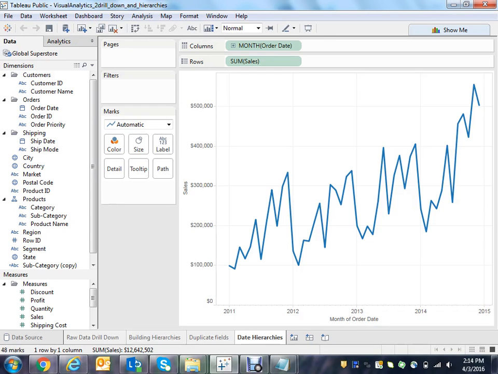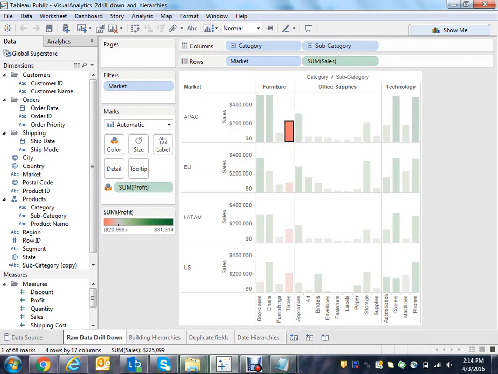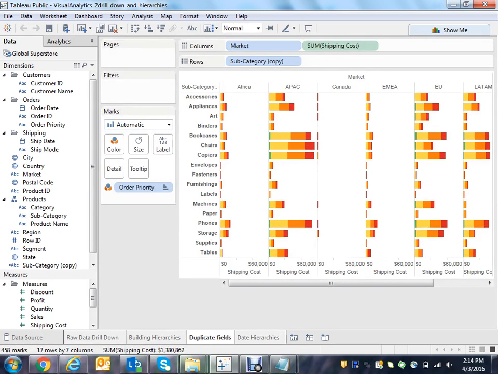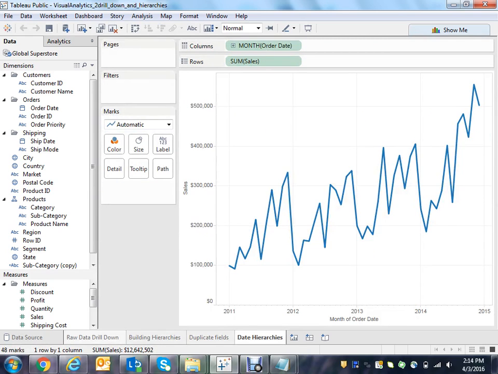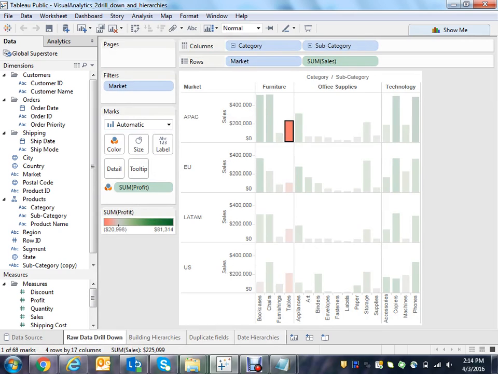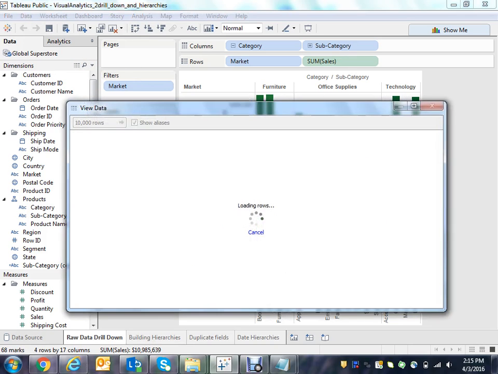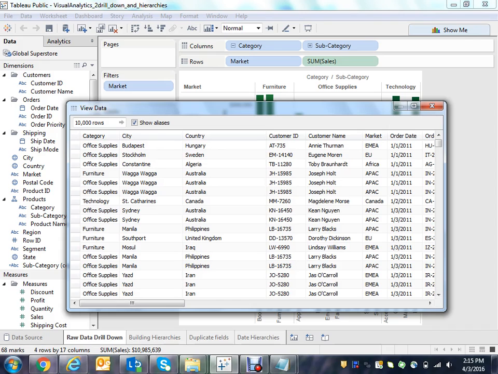So this doesn't have any dashboard. This has 4 sheets. 1, 2, 3, and 4. So this is simple to explain. And this is something very nice. So let's select here. Drill down means going down, and there are two basic ways of going down. I'll explain both of them. But first, if you want to look at the data, you just click here. It'll show you your data source, what your data is. So it's showing you 10,000 rows,